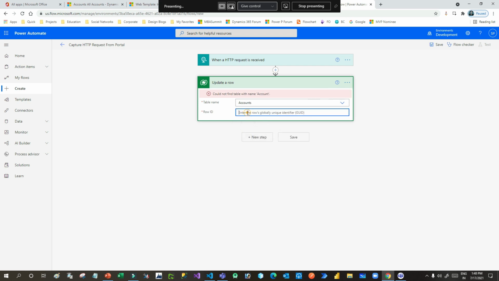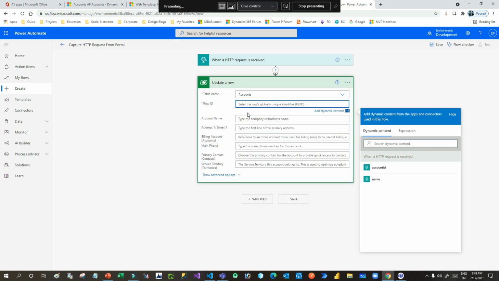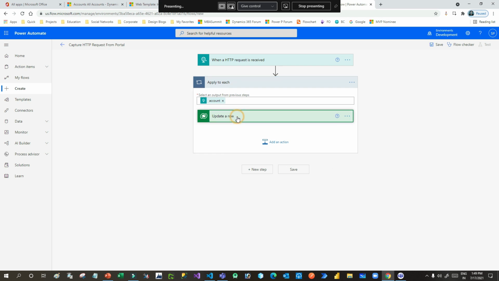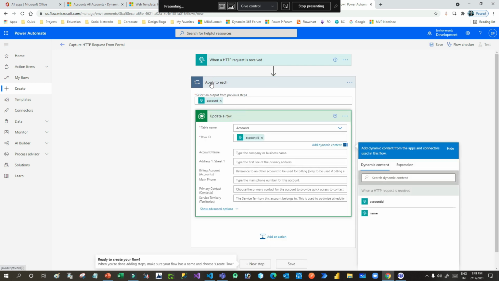Okay. Now to update a specific row, it requires passing the table ID or entity ID. Where is that entity ID? This entity ID is part of the request object, because I am sending the account ID in the request object through JSON. So I will select the account ID. Can you see that whenever I assign that account ID to this update row, automatically an apply to each loop